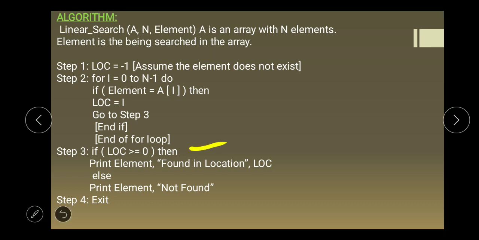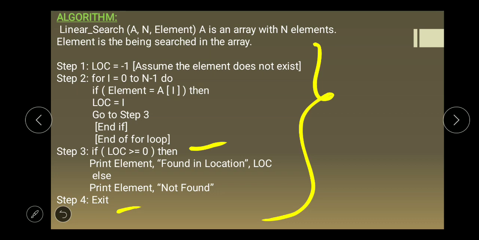If location is greater than or equal to 0, then we print found the location, else element not found. Step 4 is exit. This is the algorithm for linear search.